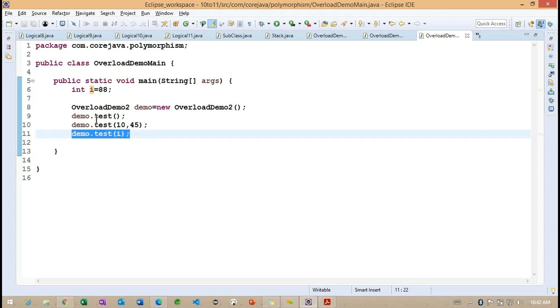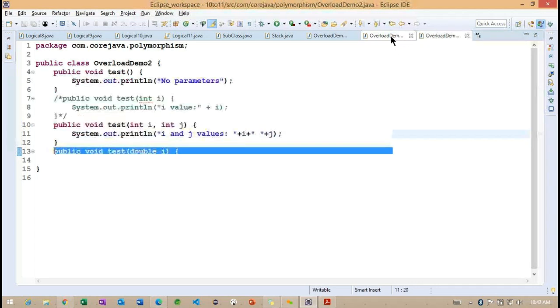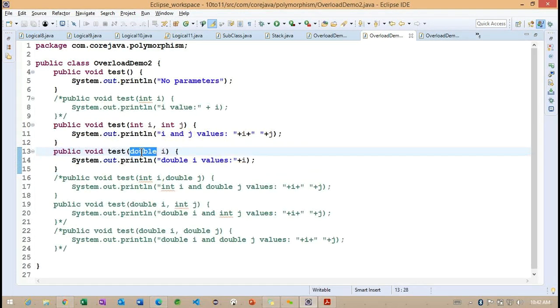This is a simple example of implicit typecasting. Even though we don't have a method expecting int type, we have a bigger data type. What is the method we have that takes the bigger data type? That is double.